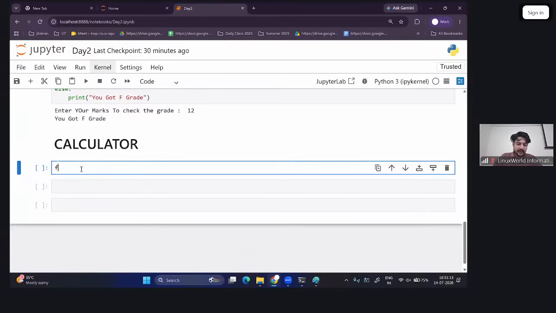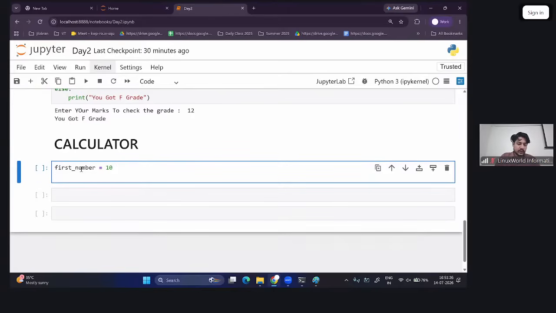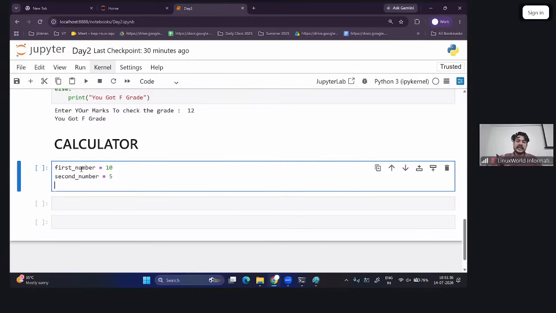Maybe I'm taking one number, first number, maybe this is my variable name, ये एक वेरिएबल का नाम है, तो इसको हम अभी हार्ड कोड कर रहे हैं, इसको लेटर ऑन हम चेंज कर देंगे। तो यहाँ पे हम इस वेरिएबल की वैल्यू दे रहे हैं 10, मे बी सेकेंड नंबर नाम से हम क्रिएट करते हैं, सेकेंड नंबर ओवर हियर, मे बी सेकेंड नंबर इज ऑल्सो 5 इन माई केस। सो टू वैल्यूज यहाँ पे हम ले रहे हैं यूजर से, और यूजर की जो भी वैल्यू आएंगी इससे हम अपना ऑपरेशन परफॉर्म करेंगे।